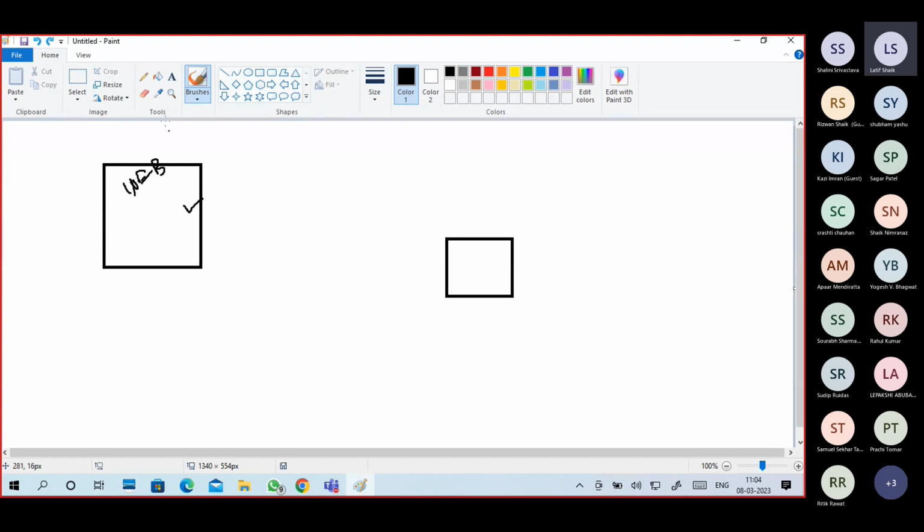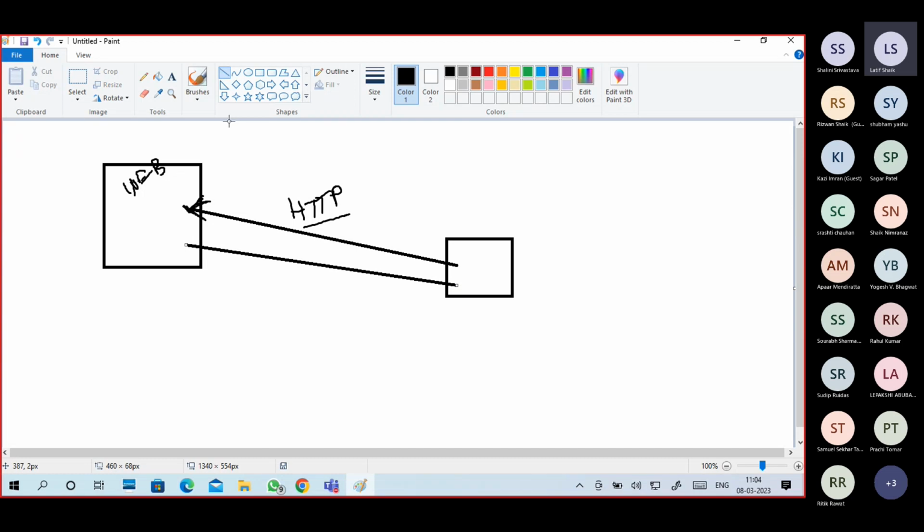This is understood by protocols. So the client, this PC, sends an HTTP request. The server understands he is asking for a web page, and then it will give the corresponding response. If the web page is available, then it will say, yes, take this web page.